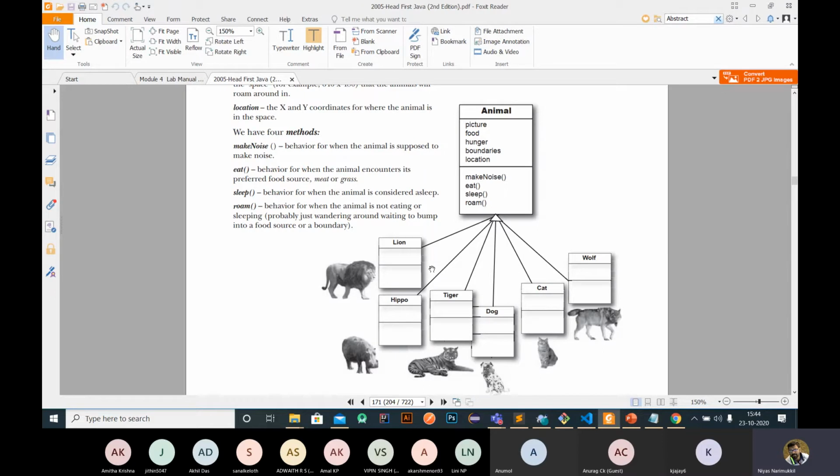We can compare that with, for example, some attitude or characteristic or behavior of a person. We can say that it is inherited from my father, or this anger is inherited from my mother.